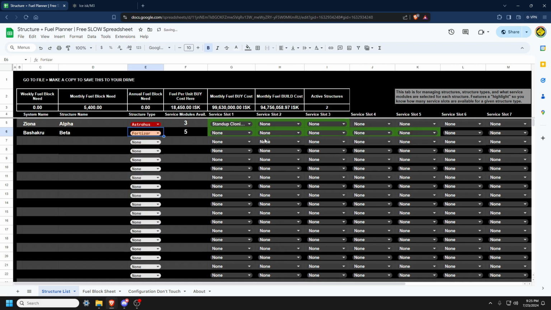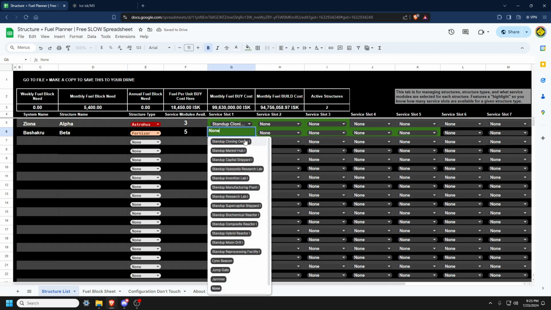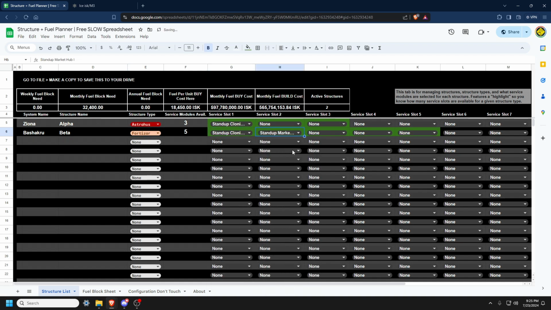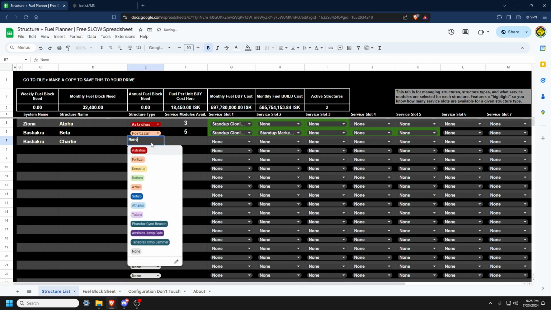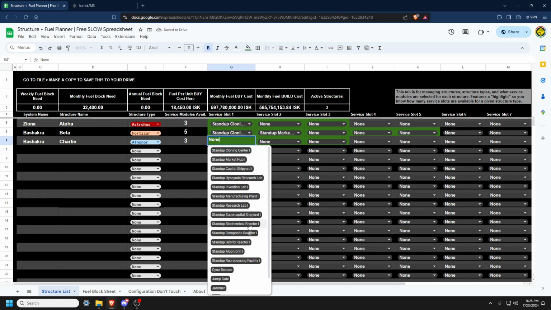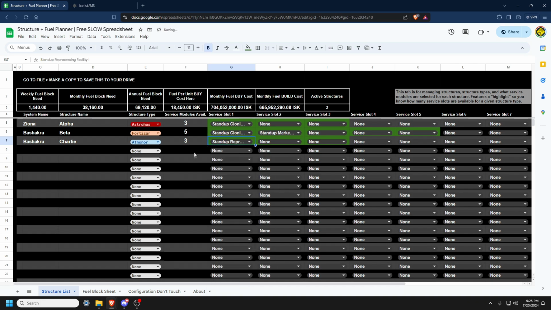So we can see that we have a lot more service slots available here. We're going to put down a cloning center and a market hub in that same system. We're going to have Charlie. We're going to have a refining Athanor. So I'm going to set up a reprocessing Athanor. So we can see here that with all these structures together, with the service modules selected, with the